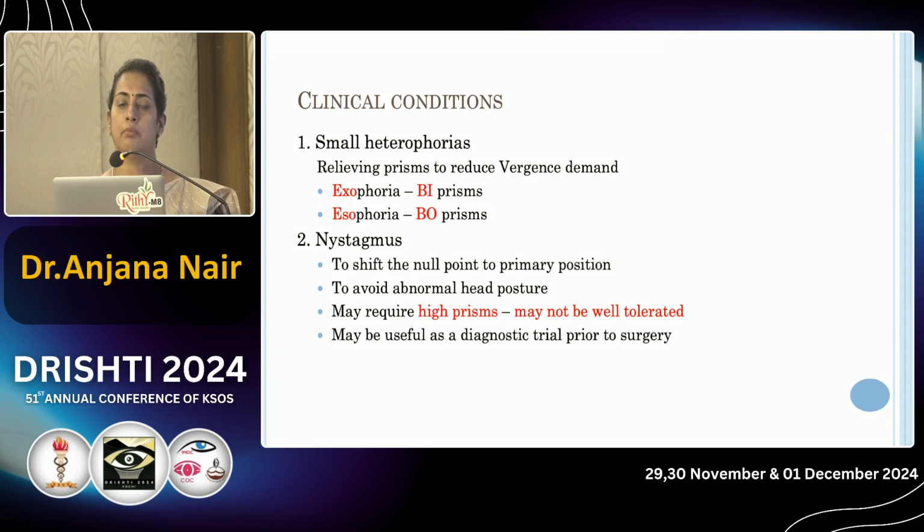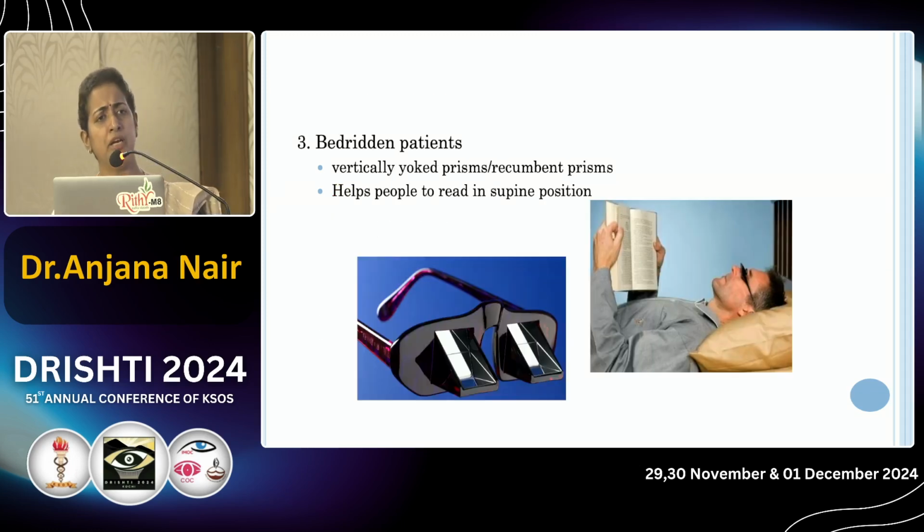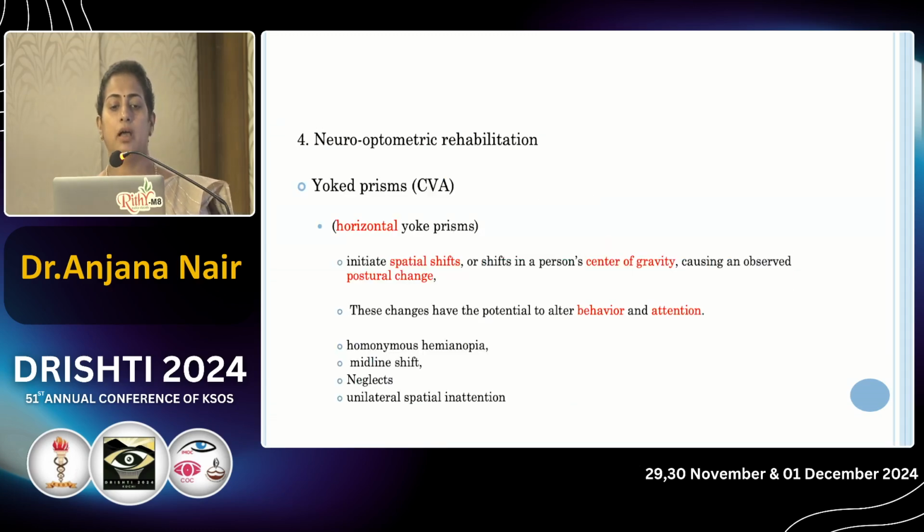But the power requirement for prism would be pretty high and the patient may not be able to tolerate. Anyway, prisms can be used for diagnostic trial prior to surgery. In bedridden patients, vertically yoked prisms, also called recumbent prisms, can be used to help them read in their supine position. In rehabilitation of stroke patients, or CVA, you can use horizontally yoked